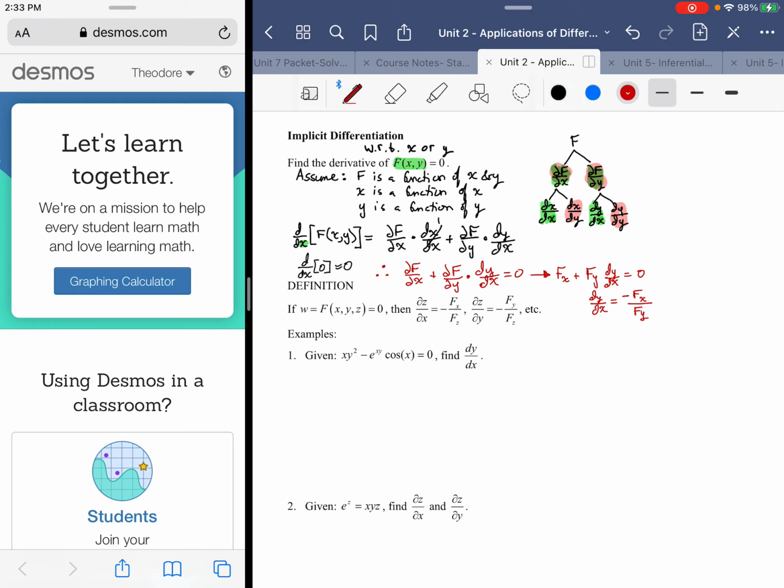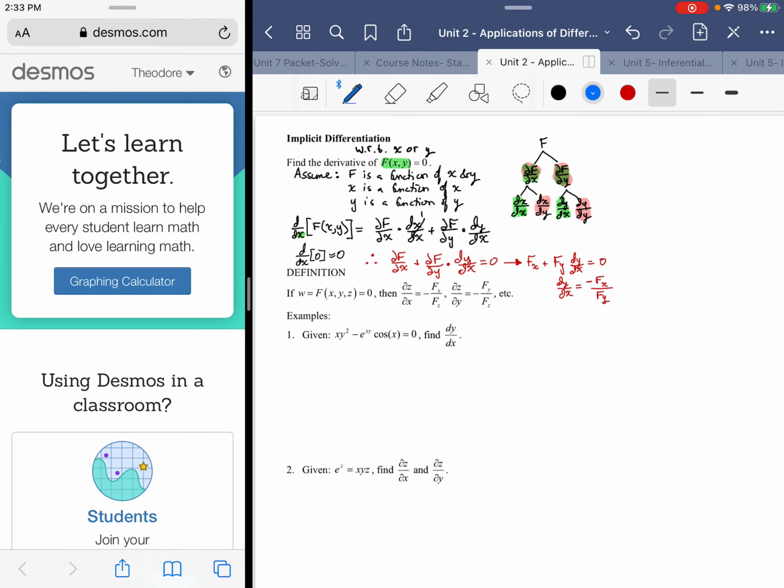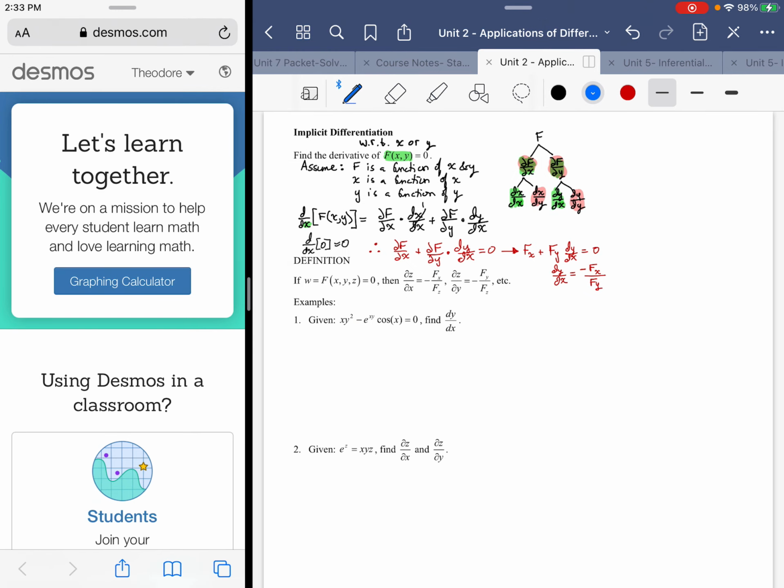All right, so if I were to do that, I'd be looking at the derivative with respect to y of f of x comma y. That would be the partial with respect to x. So I'm going to write f sub x multiplied by dx dy